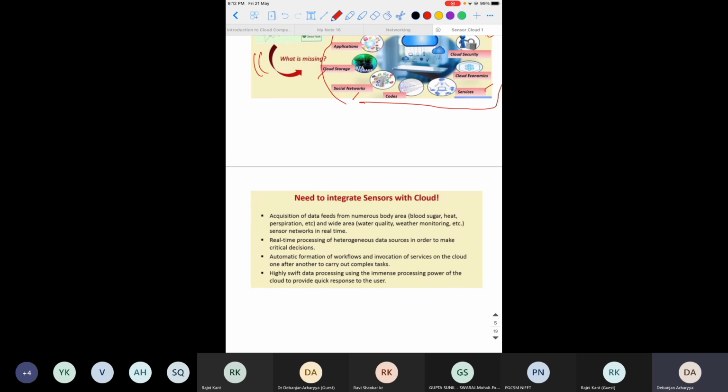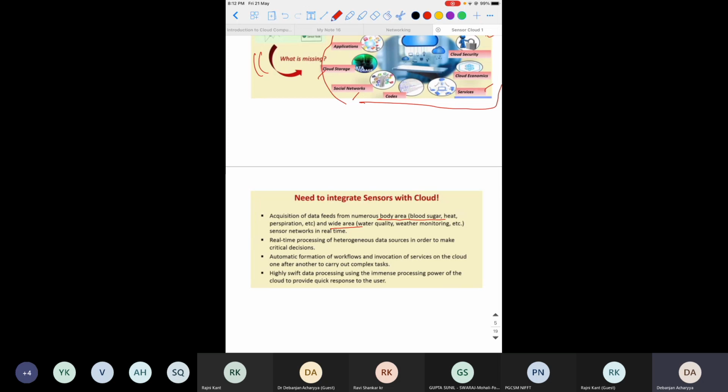First is acquisition of data feeds. You can easily feed data from numerous body areas, for example in healthcare, where it can take a very large amount of data. Or if you want to monitor the water quality of any steel industry, you can do that.